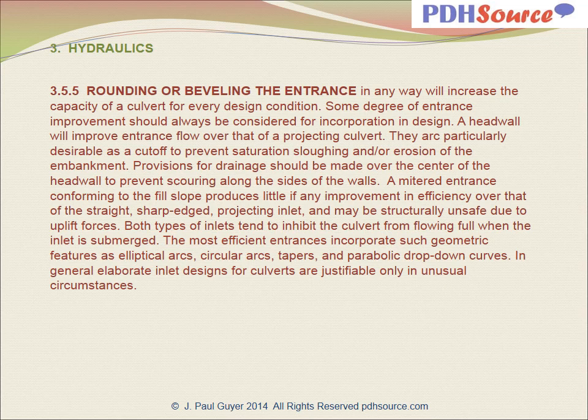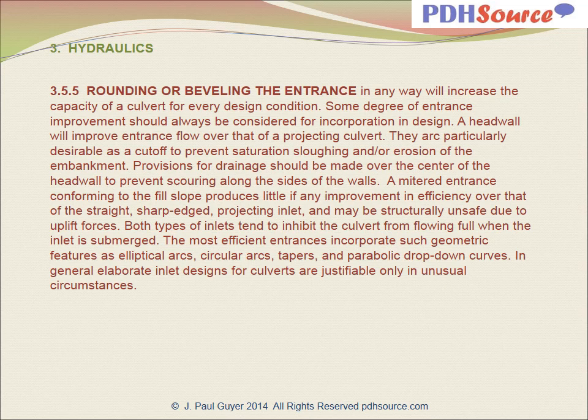Rounding or beveling the entrance in any way will increase the capacity of a culvert for every design condition. Some degree of entrance improvement should always be considered for incorporation in design. A head wall will improve entrance flow over that of a projected culvert. They are particularly desirable as a cutoff to prevent saturation, sloughing, or erosion of the embankment. Provisions for drainage should be made over the center of the head wall to prevent scouring along the sides of